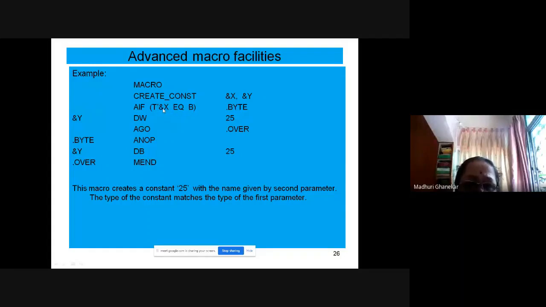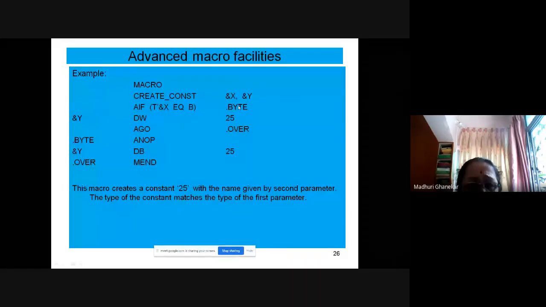If type of x is b, means incoming first parameter, whatever is the actual parameter, from that it will check the first parameter. If the first parameter type is byte, then perform byte. Dot byte is the label inside the macro. So a label inside the macro is prefixed by a dot operator.